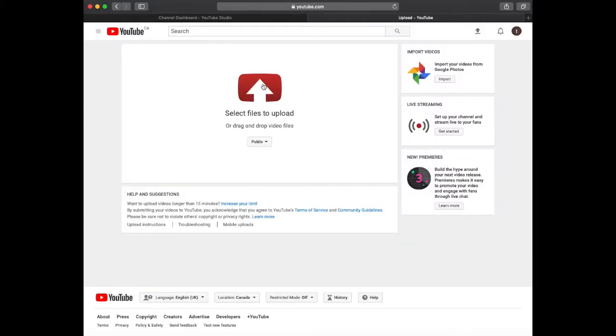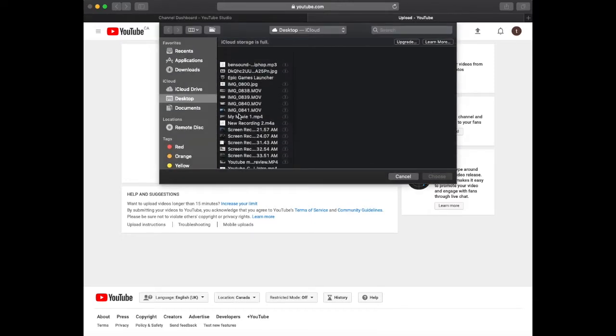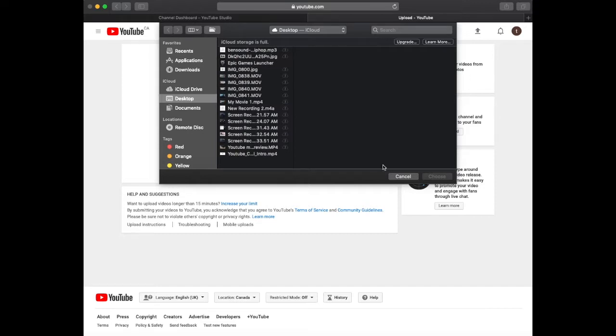Uploading a video is simple as pressing upload and then clicking right in the center there, and then you can select any file on your computer to upload to YouTube. So I'm gonna go